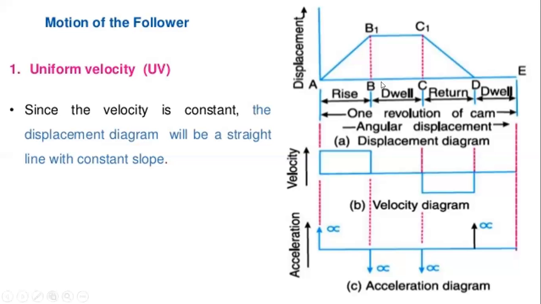So this is the displacement diagram for the rise, dwell, return and dwell. సో వాళ్ళు ప్రతి దానికి కూడా డిఫరెంట్ స్లాట్స్ ఇస్తారు. సో రైజ్ కి 45 degrees or 60 degrees అట్లా ప్రతి పాయింట్ కి మనకి యాంగిల్ ఇస్తారు. సో యాంగిల్ ఇచ్చినప్పుడు దాన్ని డివైడ్ చేసుకోవాలి మనం. సో we have to notate that angle with the points. So first of all the rise, so we are going to start from the 0 point. సో ఇక్కడ నుంచి స్టార్ట్ చేసి మనం రైజ్ ని నెక్స్ట్ పాయింట్ లెవెల్ కి తీసుకెళ్ళాలి.